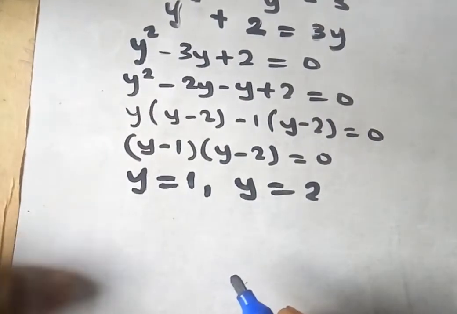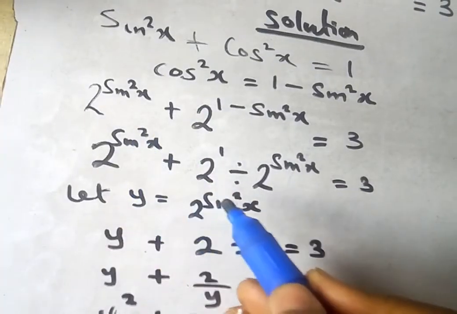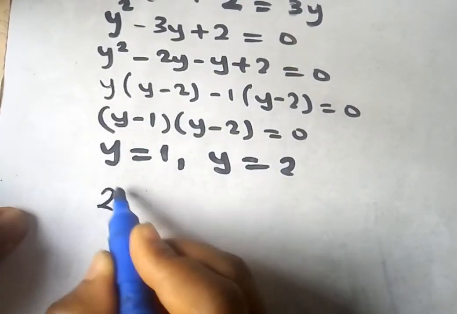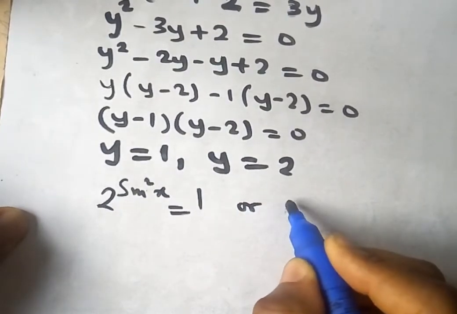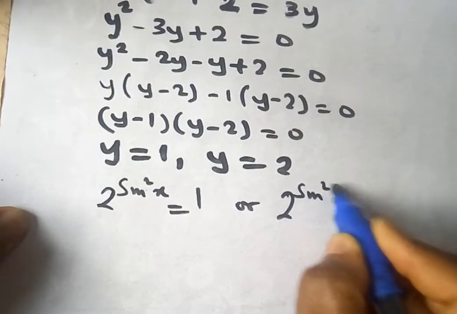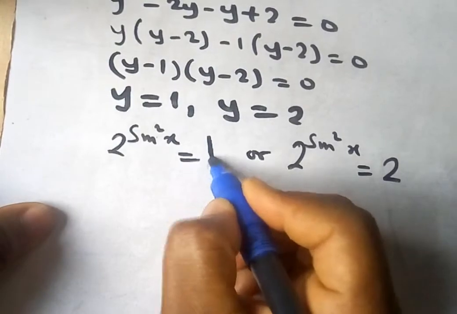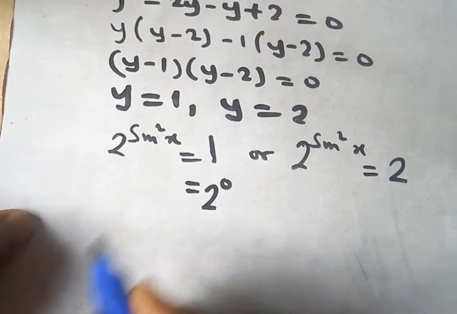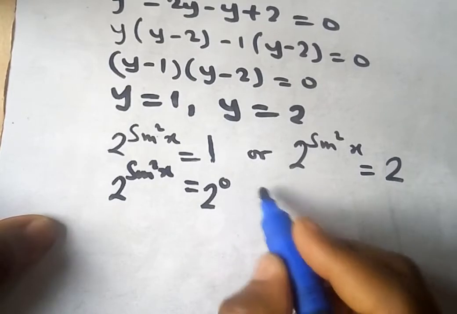Now what does this mean? It means that our 2 raised to power sine square x, from the assumption we say y should be equal to 2 raised to power sine square x. So it means that I can write 2 raised to power sine square x and equate it to 1, or 2 raised to power sine square x and equate it to 2. Now according to indices, for us to have 1 here, we must put 2 raised to power 0 here. So this is 2 raised to power sine square x equals 2 raised to power 0,